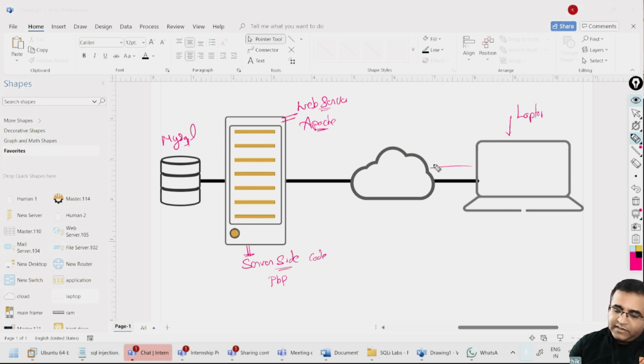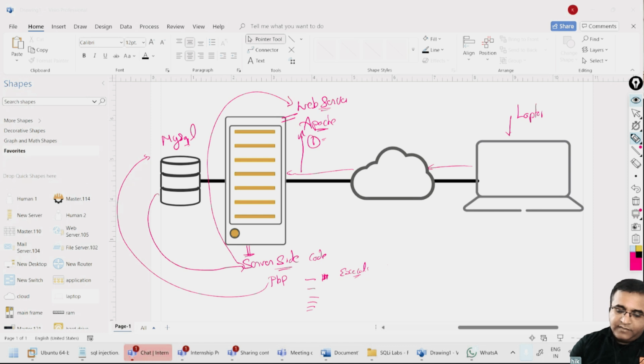Whenever I request some data or information, the request will come to the server and it is going to be handled first by Apache. Now Apache knows which PHP code I need. There will be multiple PHP codes. It knows which PHP code to execute, and it takes the PHP code and executes it. If that code requests, grants, or inserts data into MySQL, that is processed there. And if I'm retrieving any data, MySQL will send the data back to the PHP, and PHP will send it back to the web server, right?